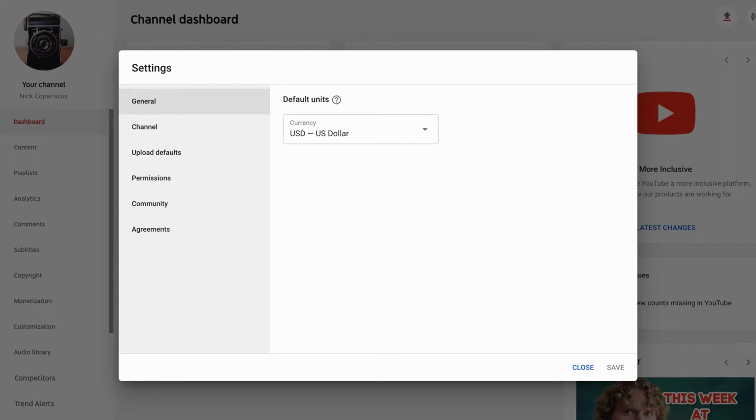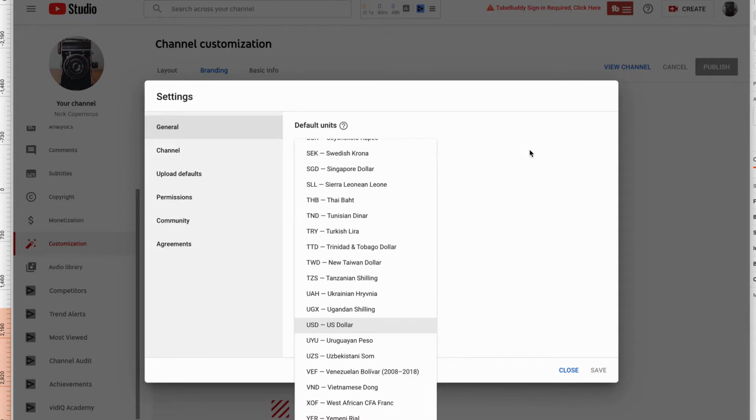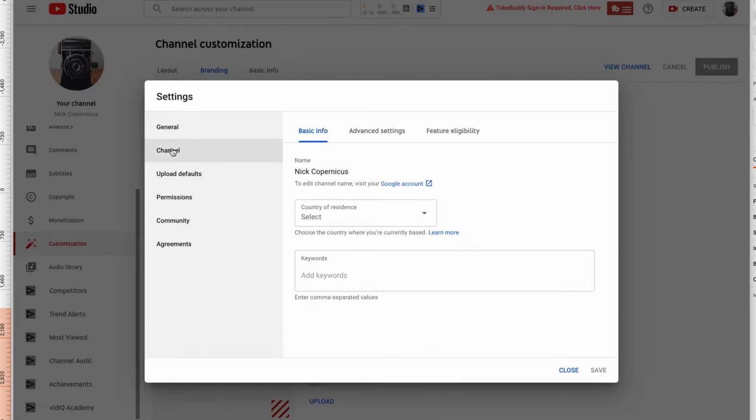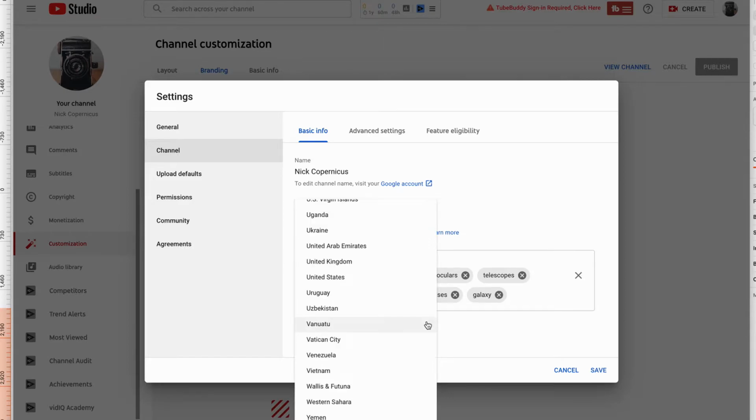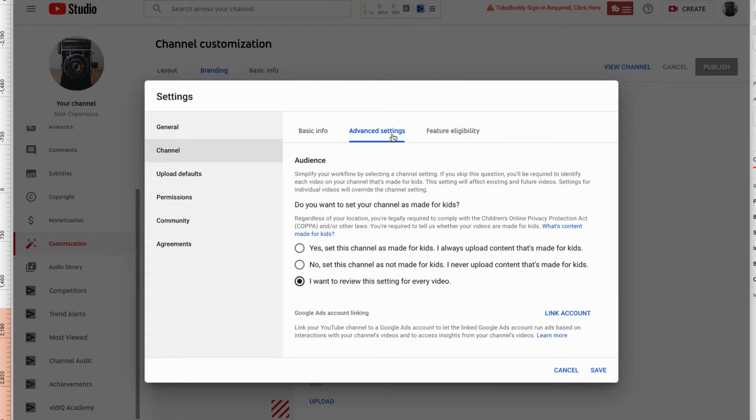Next, within the Settings tab, start at the top with General. Be sure to check your local currency. In the event you get rolled into the YouTube Monetization Partner Program, you'll want to get paid straight away. Within the Channel tab, complete the basic info starting with country of residence and keywords. Inside the Advanced settings, define your audience. Decide if your channel is made for kids. My recommendation is to set the channel not made for kids if it's not a dedicated kid